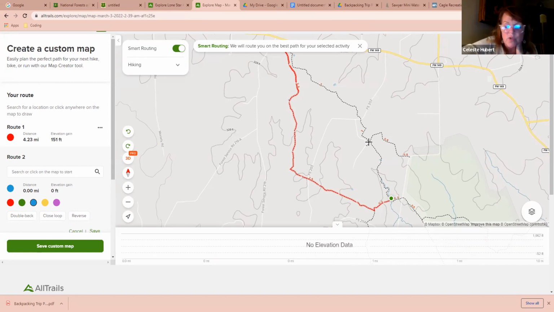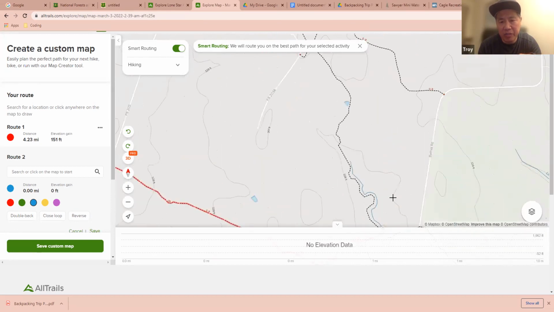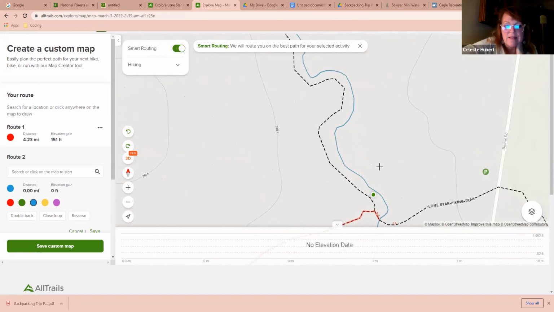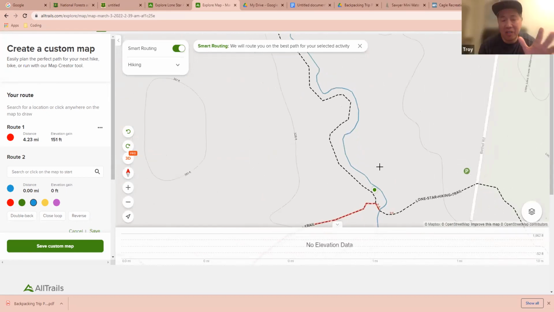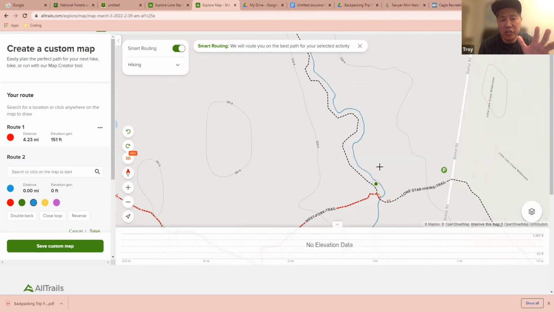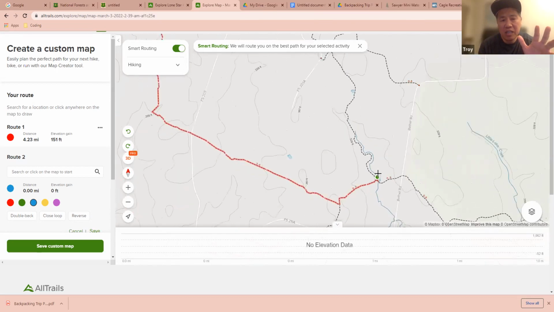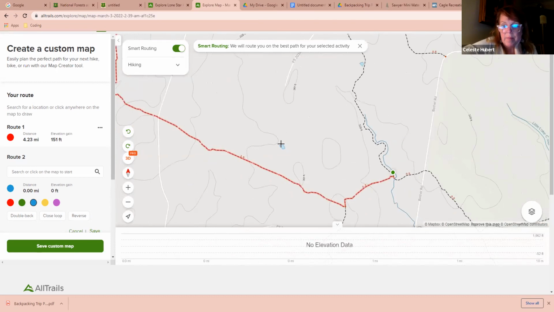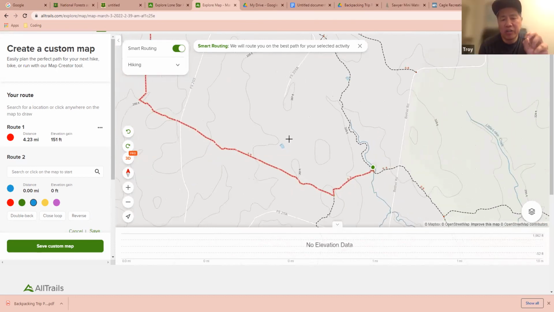How do we see if there's water? So if she were to zoom in where her campsite is on day 1, it looks like there's a creek or something right there. Okay. Nice. So that doesn't necessarily mean that there's water, because that could be a dry creek, right? But if you zoom out a bit, you see there's some little ponds, it looks like. But there's not a water designation in this specific app.